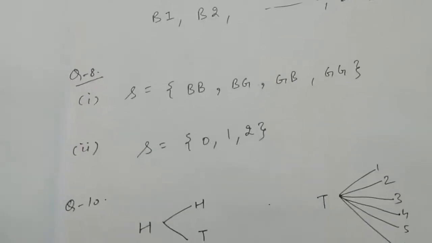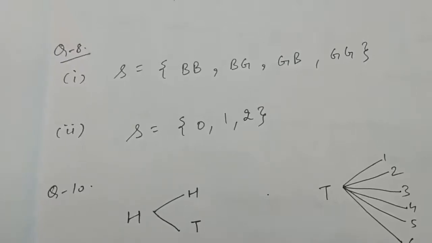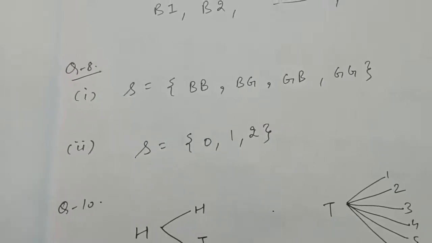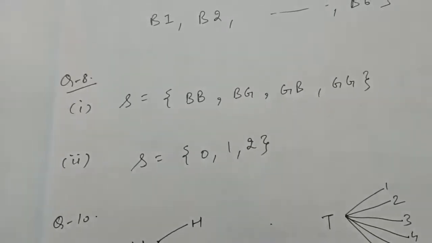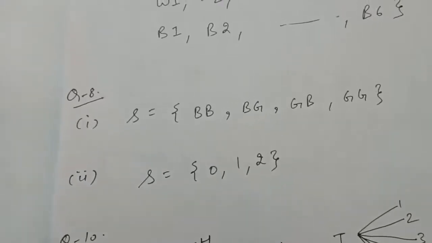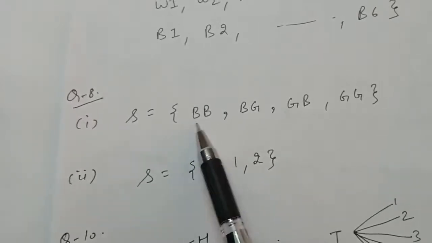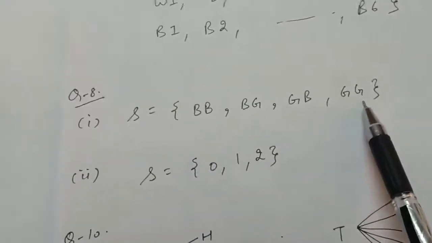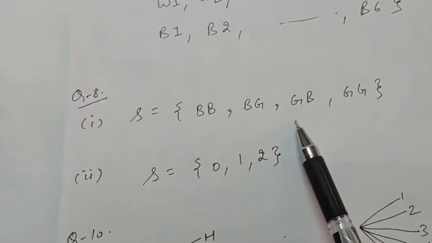Now question number 8: an experiment consists of recording boy-girl composition of families with 2 children. What is the sample space if we are interested in knowing whether it is a boy or a girl in order of their births? That is, there are 2 children, you have to find out whether they are boys or girls or one boy, one girl in order of their birth. So it can be the case that both the children are boys, so BB. It can be the case both the children are girls, so GG, right? Now it can be the case that one child is a boy and one child is a girl, right?